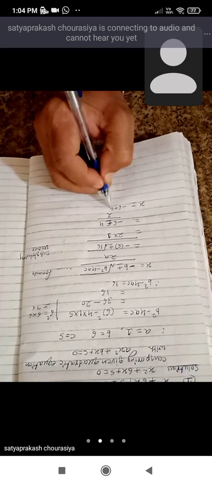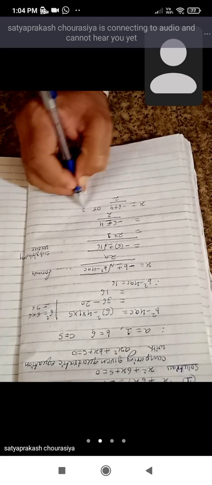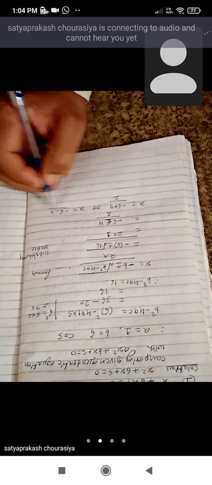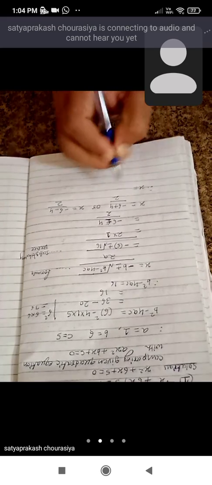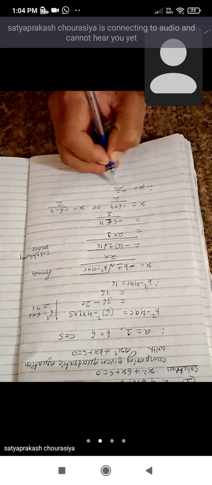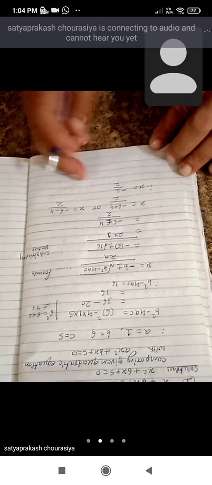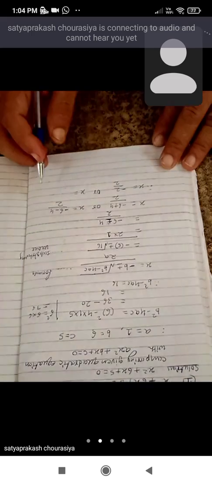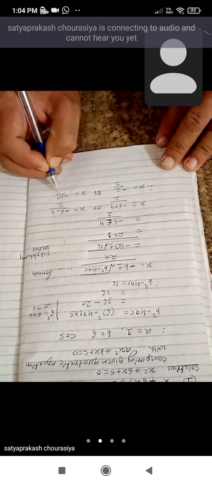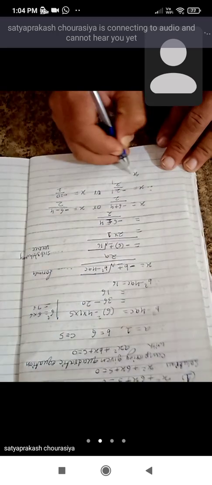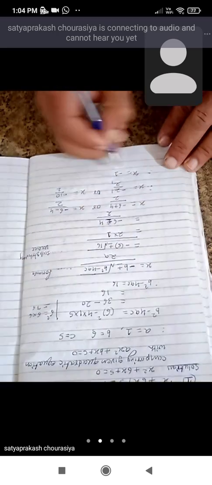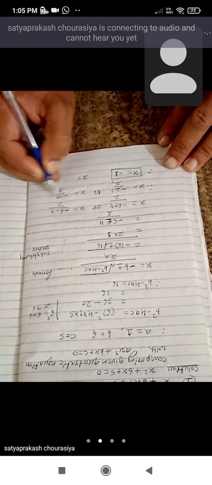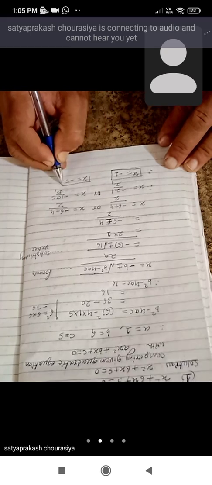Now I am using this plus sign first, so minus 6 plus 4 upon 2. Now see the second sign is minus 4 upon 2, so therefore x is equal to minus 6 plus 4, which is minus 2, upon 2, so minus 2 upon 2, and x is equal to minus 1. The value of x is minus 1. Now see, both have the same sign, so the numbers will be added: minus 6 minus 4 is equal to minus 10 upon 2, 2 5s are 10, so x is equal to minus 5.